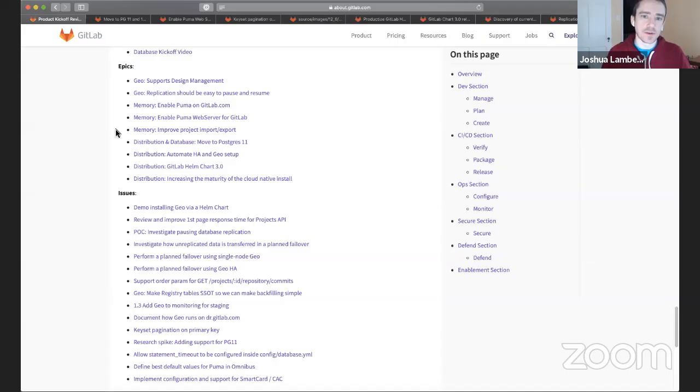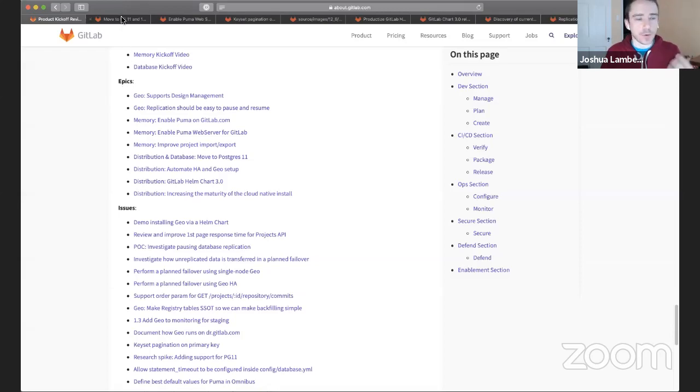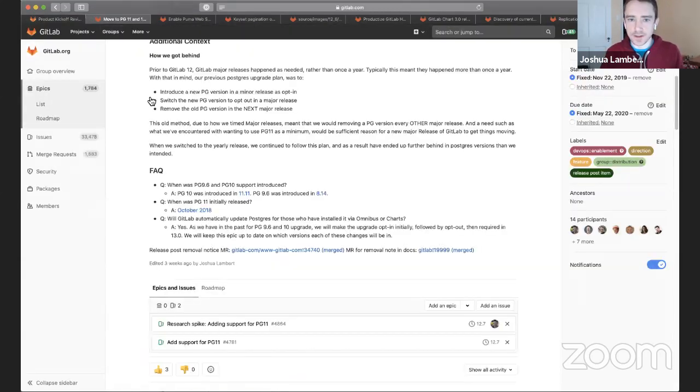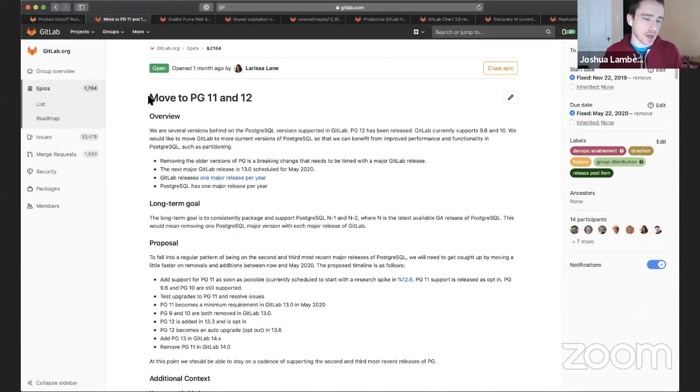Thanks, Scott. So for enablement, we have a few really key important themes that we're working on this release and some really exciting features within those. So the first theme we're working on is improving the performance of the GitLab server. And we're doing that in a couple different ways.